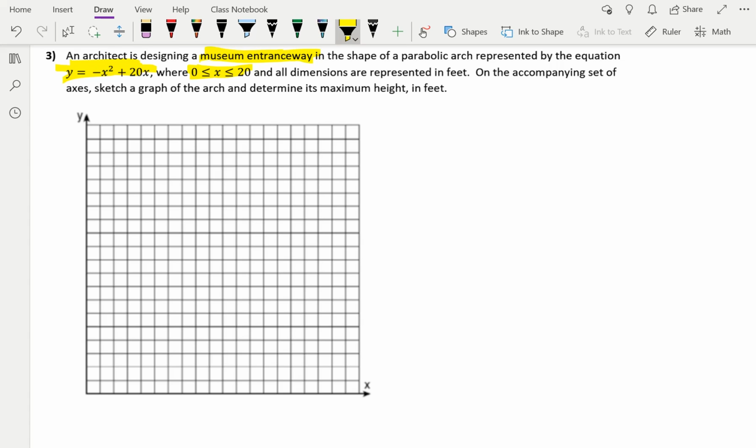We're actually going to find the answer to the second part of the question in the process of graphing this, but we will write it out as a final answer in the end. So we're going to start with the equation that's given to us. That equation is y equals negative x squared plus 20x. And we are going to graph that. We are going to figure out a table for that